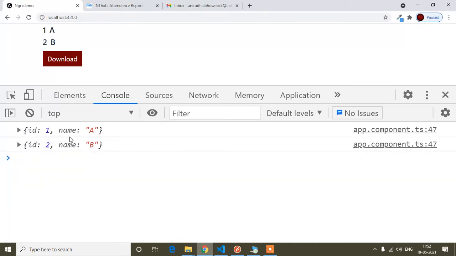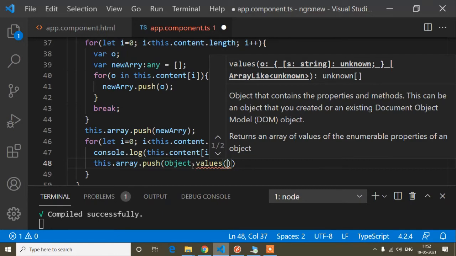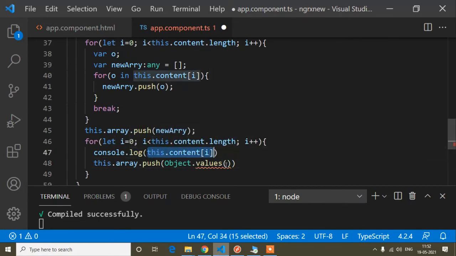So from this object I have to cut the value, this ID and name's value. So that's why there is the predefined JavaScript method, that is Object dot values, and inside these values here I will write this dot content i.